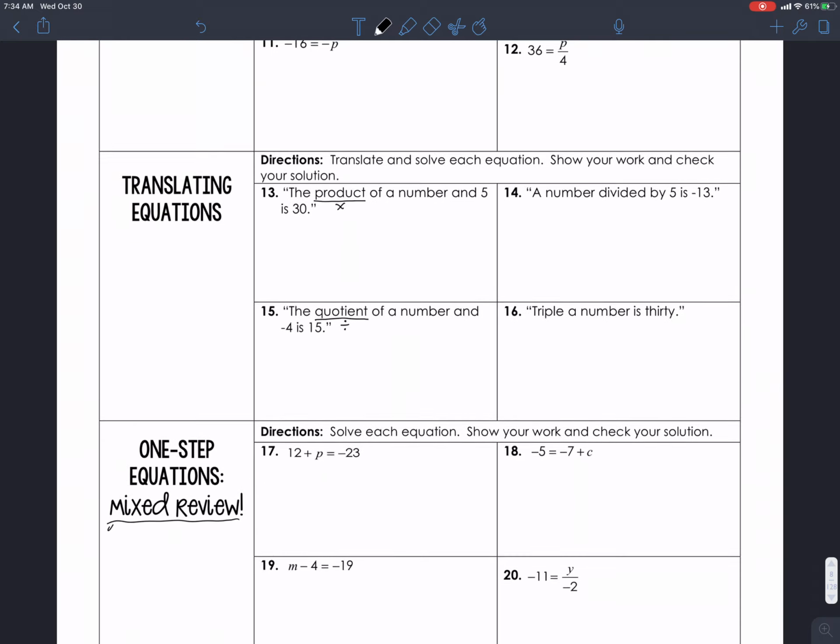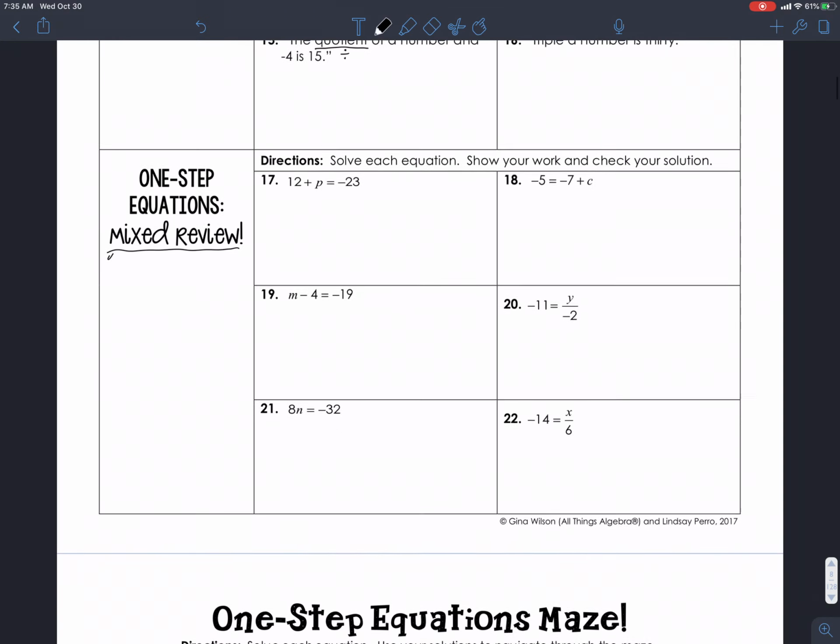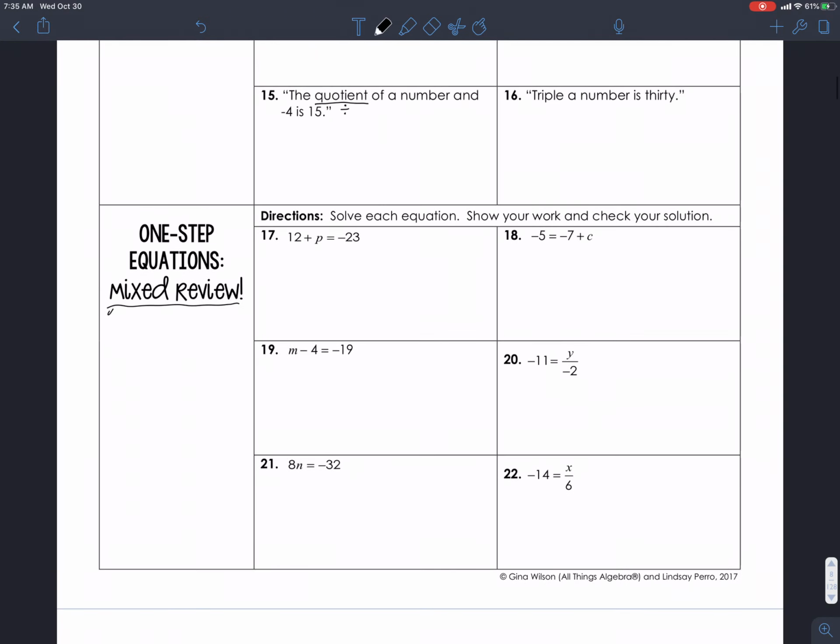When you are done with this, you are to grab the homework, and you will be responsible for the odd problems on the homework. And if you finish the homework, I may have you work on another paper that's an inverse operations maze paper. So that is the plan for today. If you have any questions, please